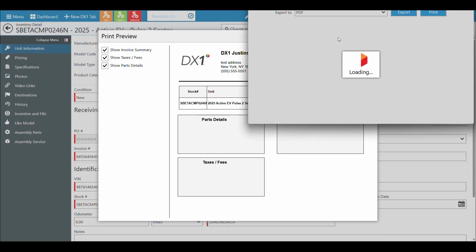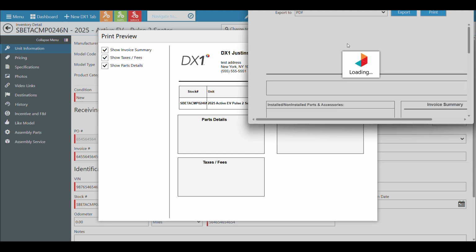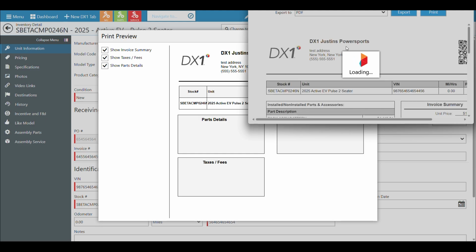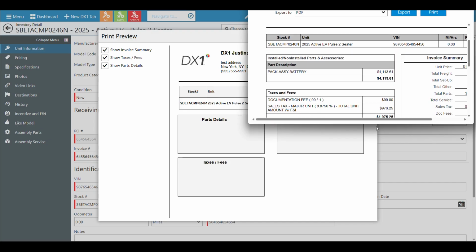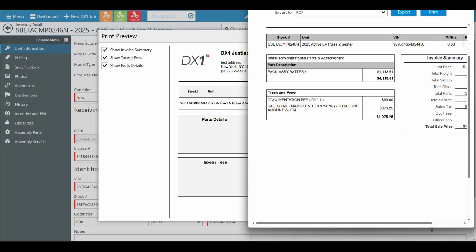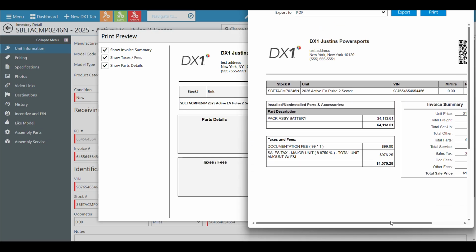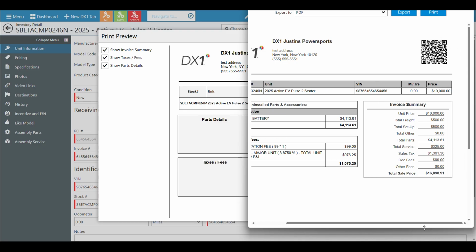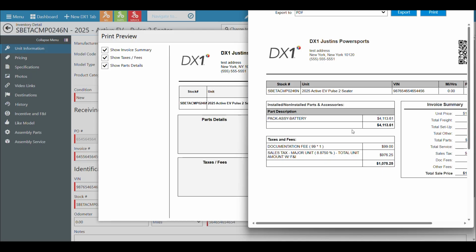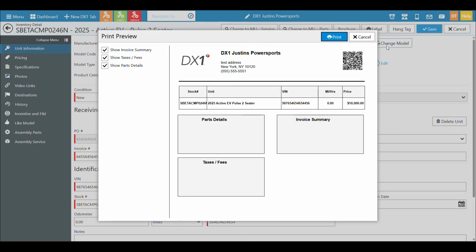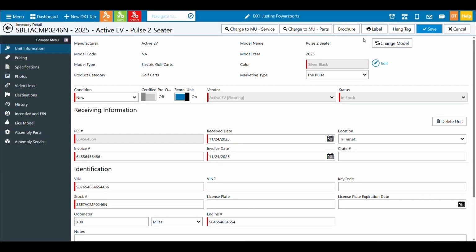So if I click to print it, we can see a little bit here of what it's going to look like. Now, you have a choice of how you want this to print. You can either print it or you can export it to a PDF. Some people like to modify them or add in some different details. But again, here you can just get a basic sense of what a hang tag looks like. Standard hang tag, which if they shot this QR code, it would take them straight to that listing we looked at just a little bit. So a great tool not to overlook if you like using hang tags.